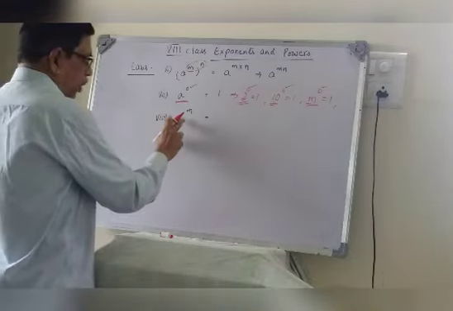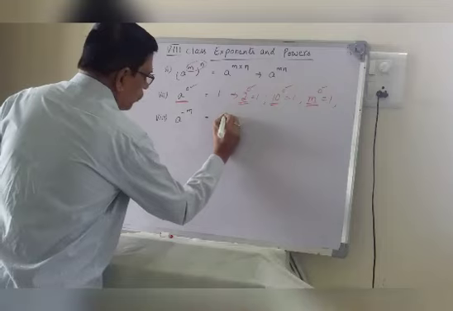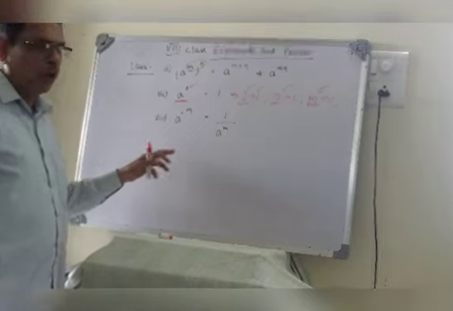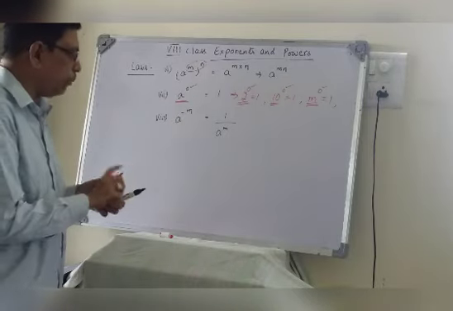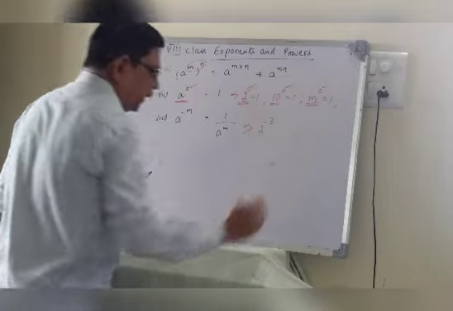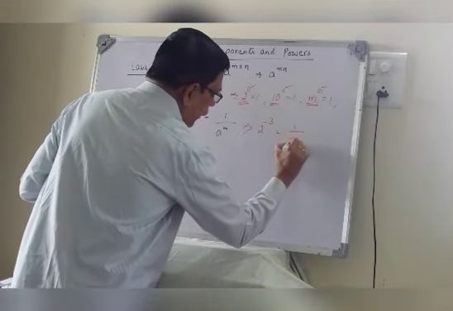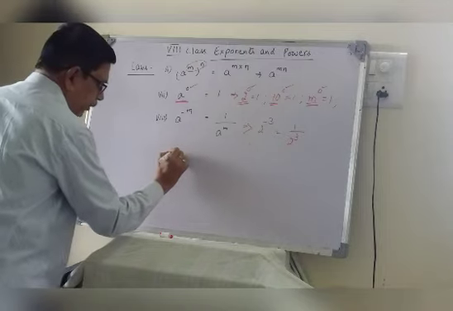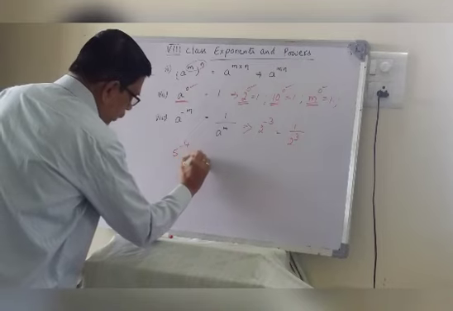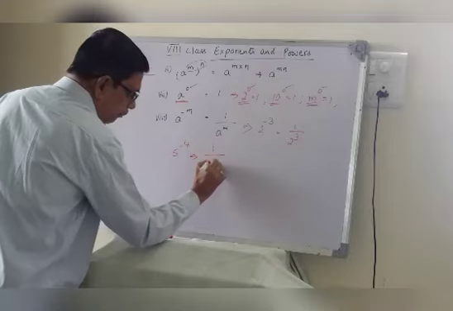Similarly, we take a to the power of minus m. If the power is negative, then we have to write 1 by a to the power of m. a to the power of minus m is equal to 1 by a to the power of m. Suppose it is 2 to the power of minus 3. This we can write as 1 by 2 to the power of 3. Similarly, for 5 to the power of minus 4, to remove the minus from the power, we write 1 by 5 to the power of 4.